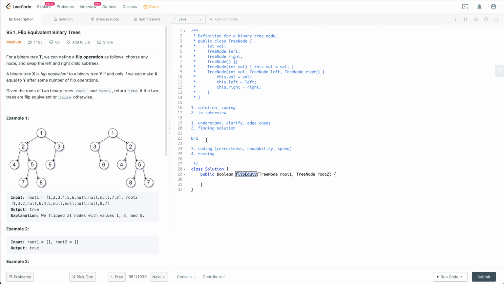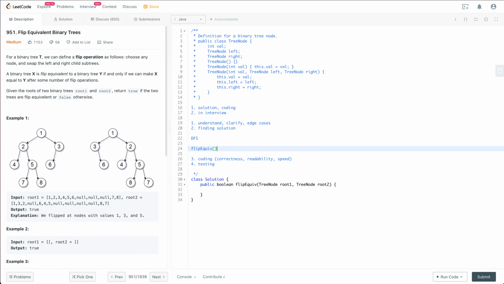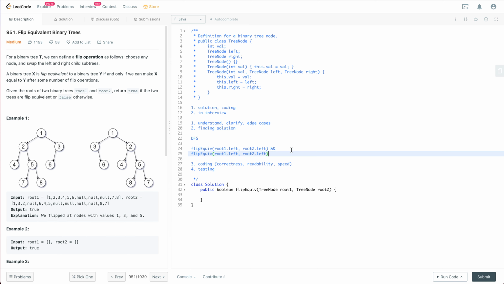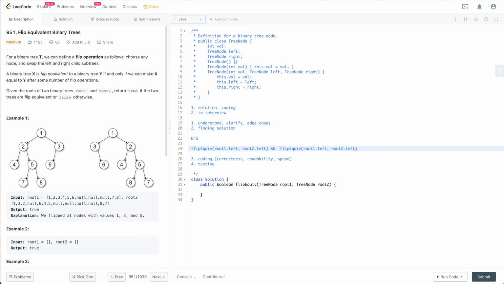So what I'm trying to say is it could be root 1 dot left and root 2 dot left, and similarly, flip equivalent root 1 dot right and root 2 dot right. So suppose the value of root 1 and root 2 are the same,